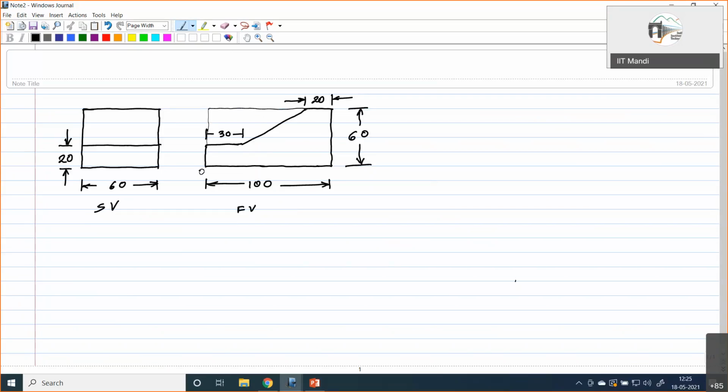So suppose here is O, I'll have to draw a 30-degree inclined line to mark this 100 length, and then another line in the opposite direction to mark this 60 length. So for the bottom part, I can try to complete this.